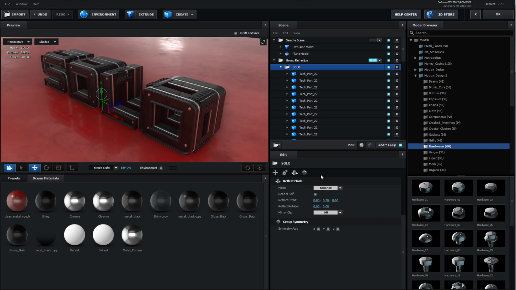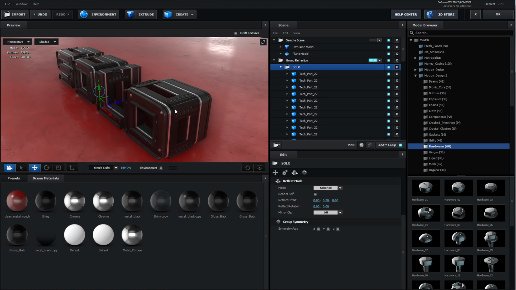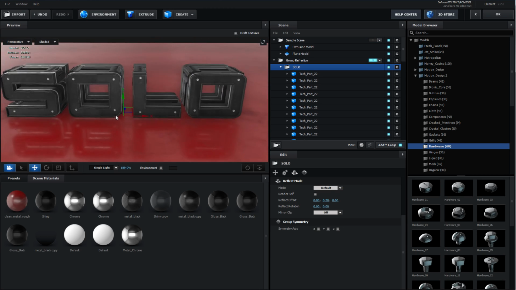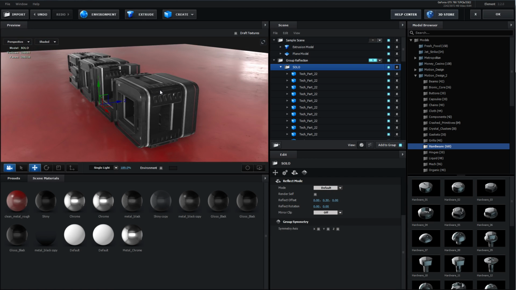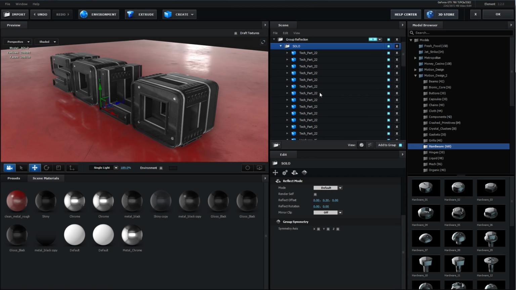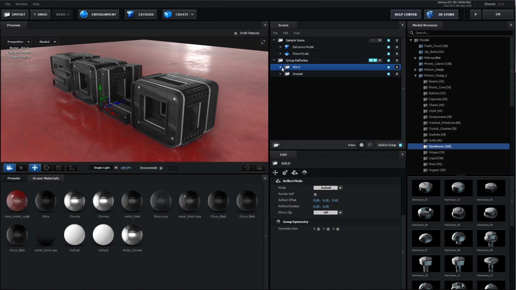mode. So in this case, I've got a bunch of parts, components, all this stuff, and I'm only using one spherical map to create the reflection. So I'll turn it off here to set it to default, and you can see that there's no reflection, and all of these objects are inside of this one group folder. So I'll turn the reflect mode on for spherical,